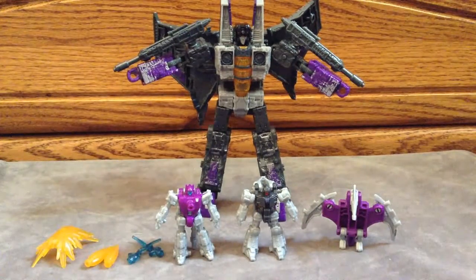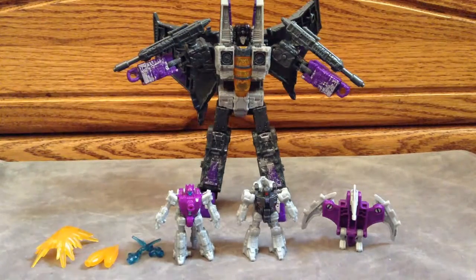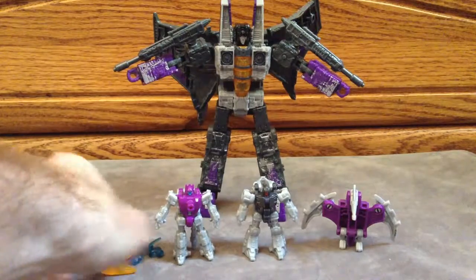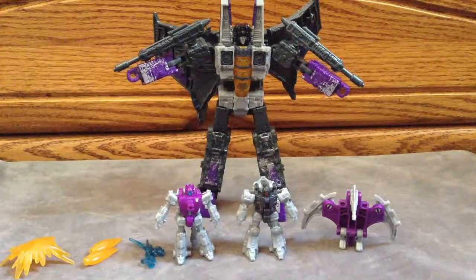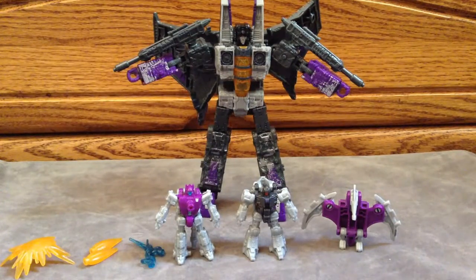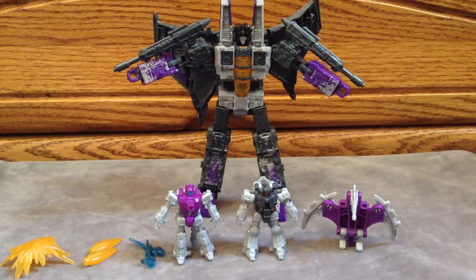unnecessary add-ons that they included. But again, maybe you like it. If that's the case, then that's great. You do get stuff. You get blast effects and stuff. So for what you get here, it's not that bad, but I would have rather gotten this guy without these guys. But again, it's not a bad set. But yeah, it's fine. So that's my final thoughts on this